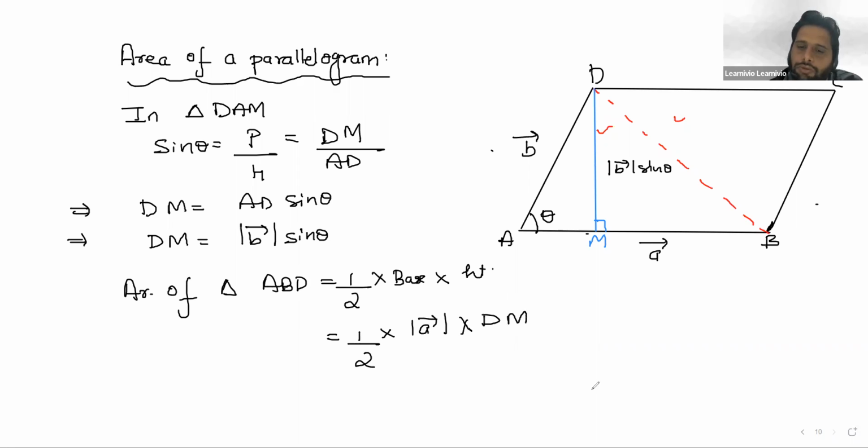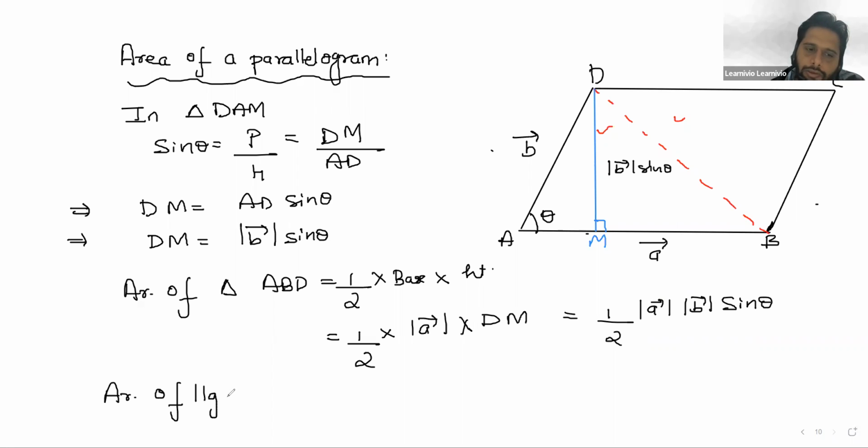So this means it is what? 1 by 2 magnitude of A, and what is DM? Magnitude of B, and it is what? Sine theta. Okay. Now, what is area of parallelogram? Area of parallelogram, this complete A, B, C, D. So can we say that it is twice of area of triangle,